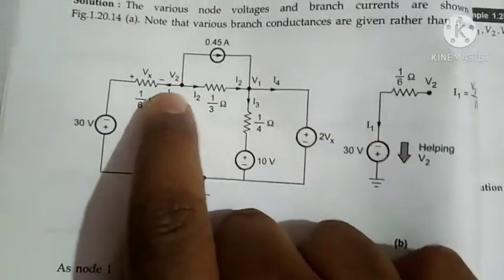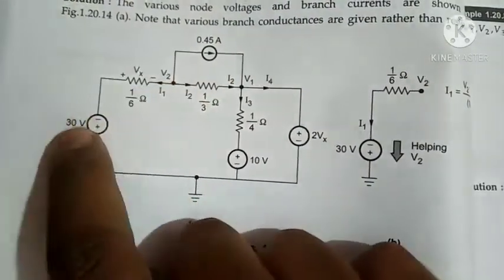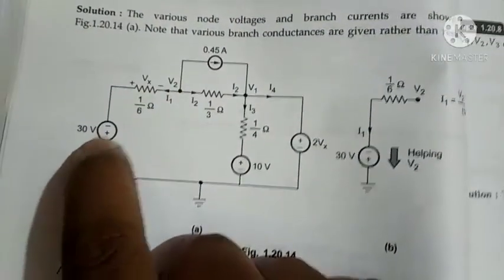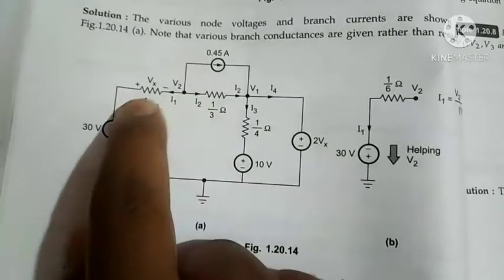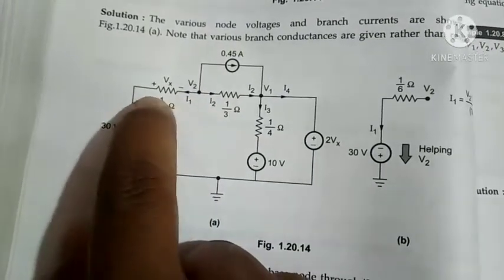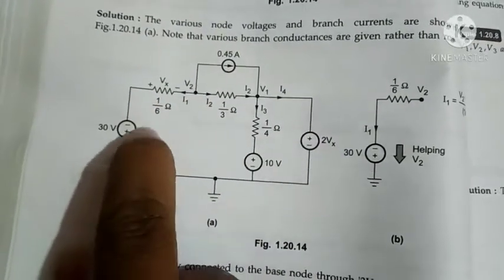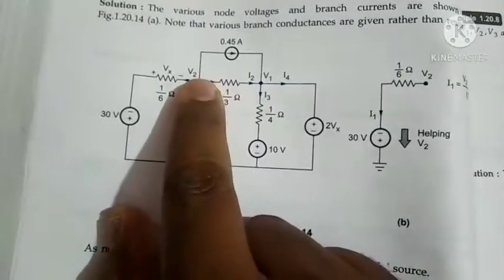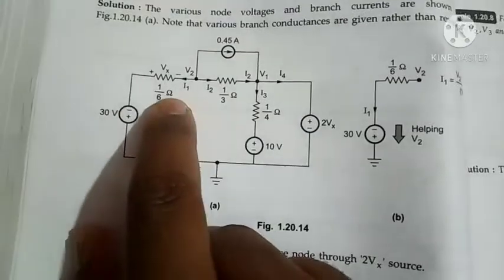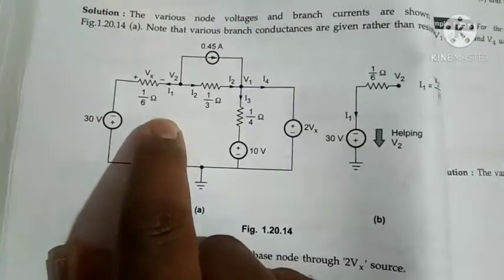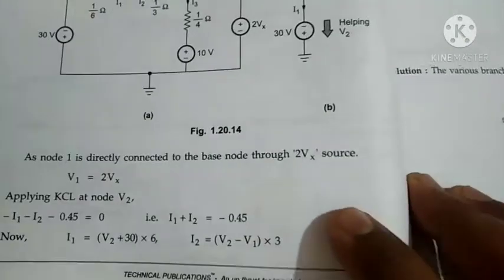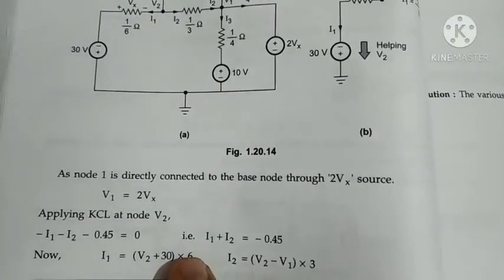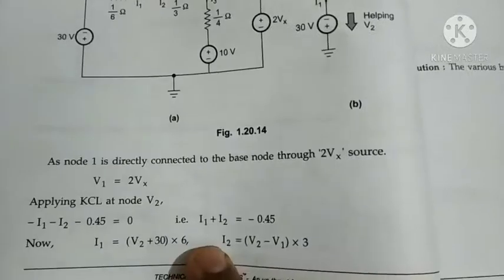Now for these values I1 and I2, I think you know how to calculate the value of I1. So I1 is moving between V2, and see here the direction of current is opposite, so V2 plus 30. See, it is same as the direction of current. So here also it is moving in this direction, and the current here, minus to plus, is moving in this direction. So V2 plus 30 divided by 1 by 6. 1 by 6, denominator of denominator is numerator, so 1 by 6 will become 6 here.